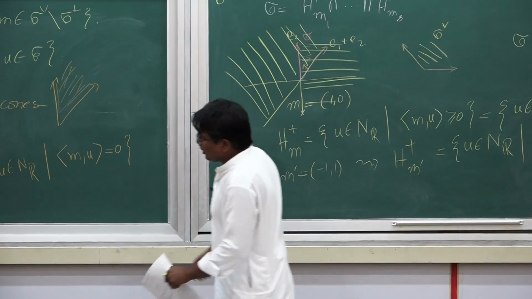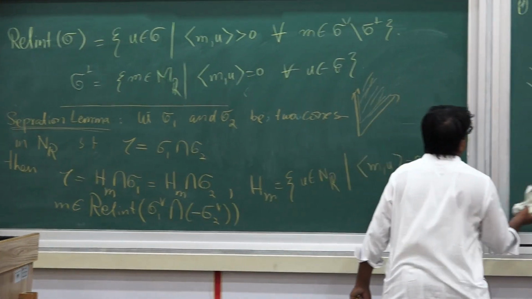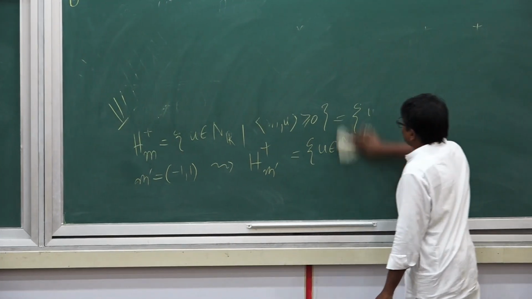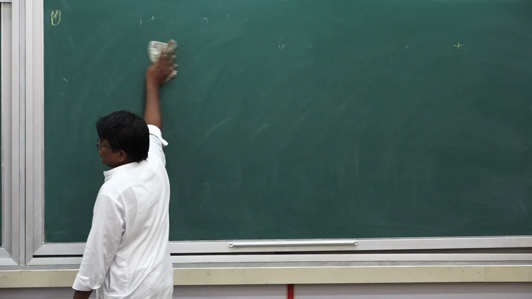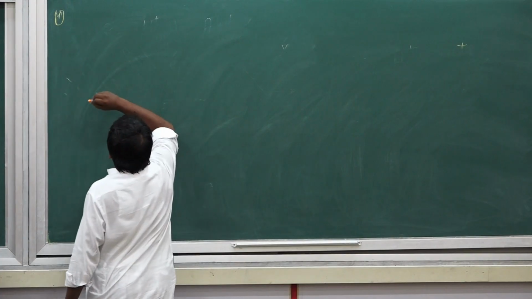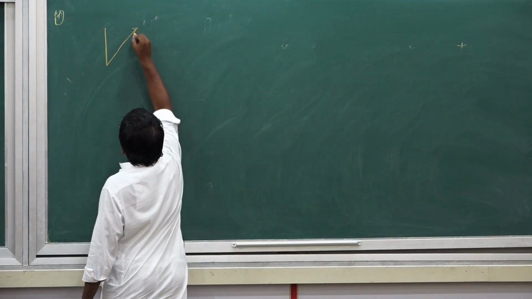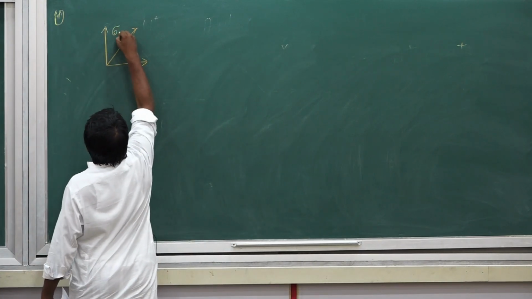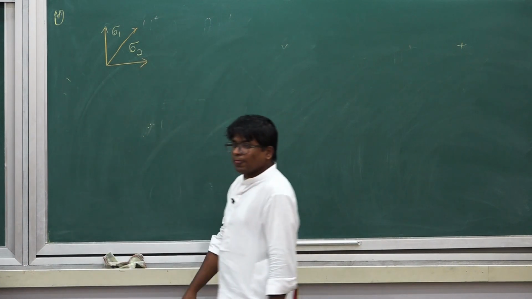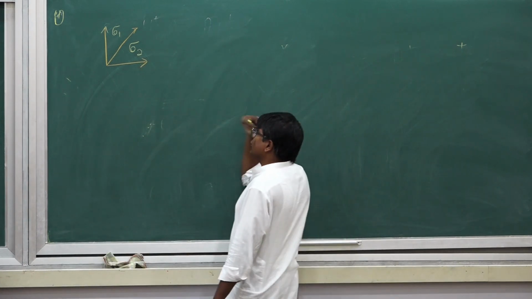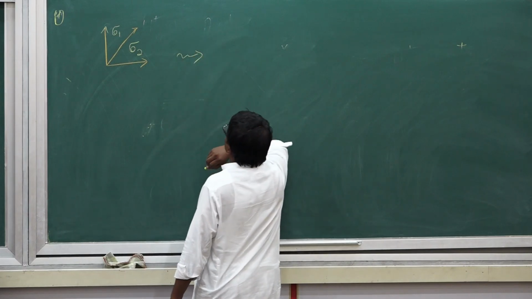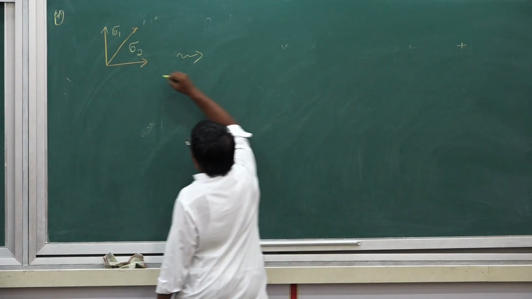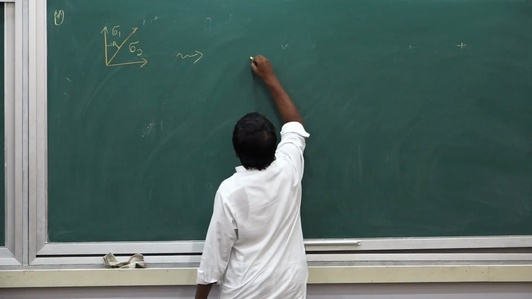Geometrically speaking, what does it mean is the following. So, note that if you have this cone and you have this cone, let us say this is your sigma 1, this is your sigma 2. Okay. So, these are the two cones, then I can create the corresponding duals. The sigma 1 dual is going to be,